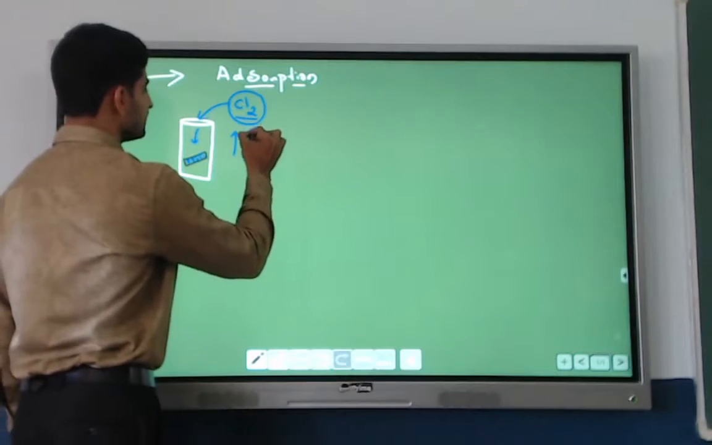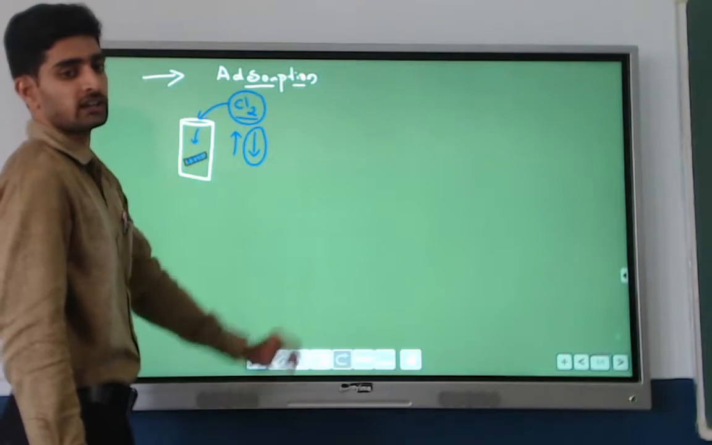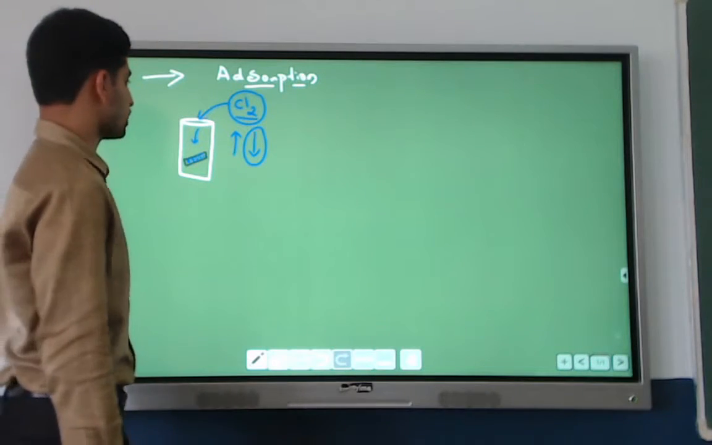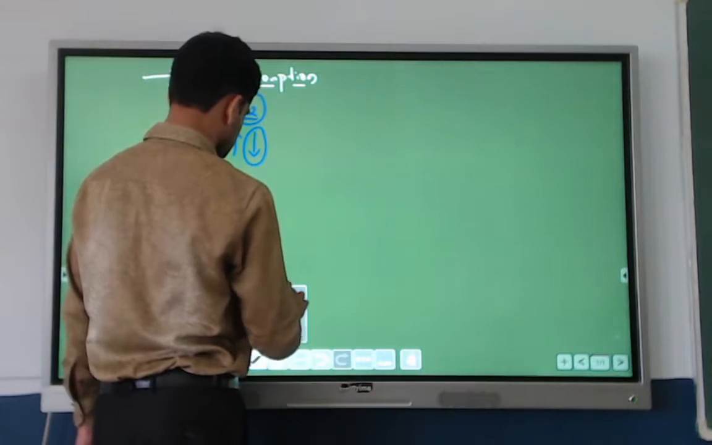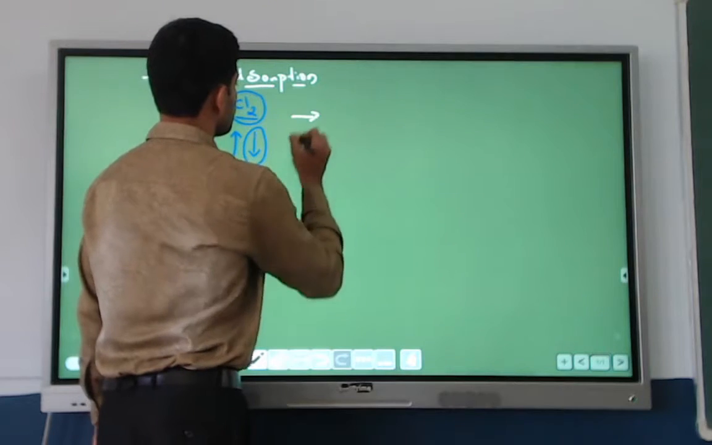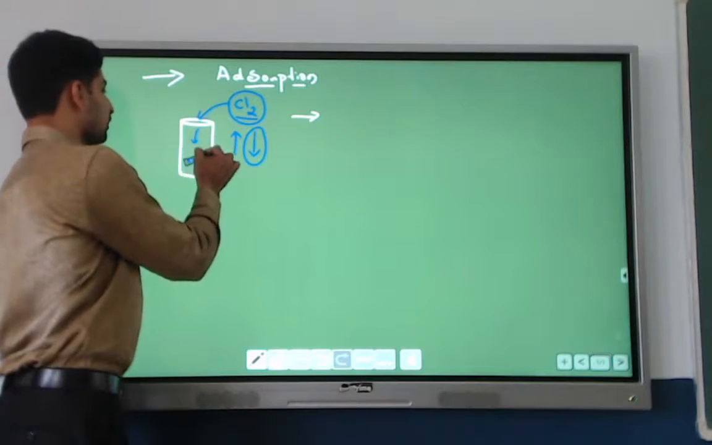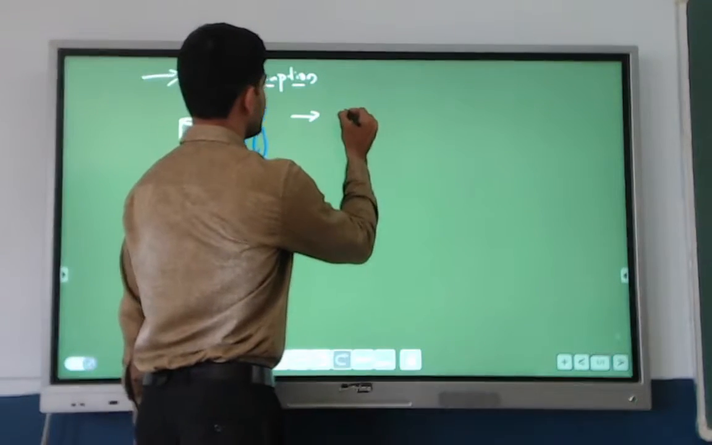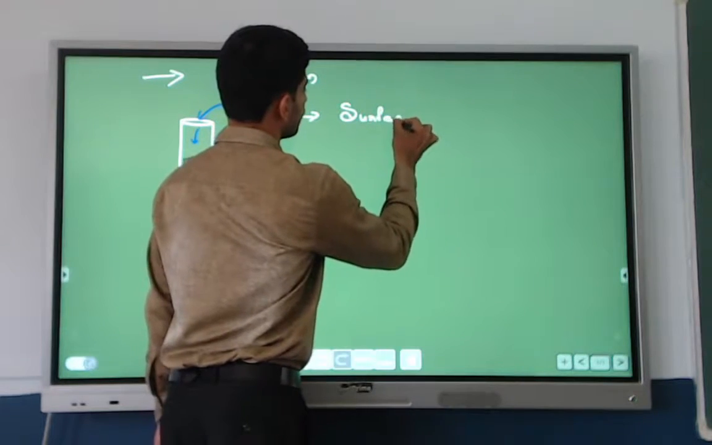The decrease in the pressure of the gas, or accumulation of the gas molecules on the surface, is what we are going to call adsorption. Now, how do we define adsorption? First and foremost, we need to remember that the gas molecules have been accumulated on the surface of the charcoal. So we can say adsorption is a surface phenomenon